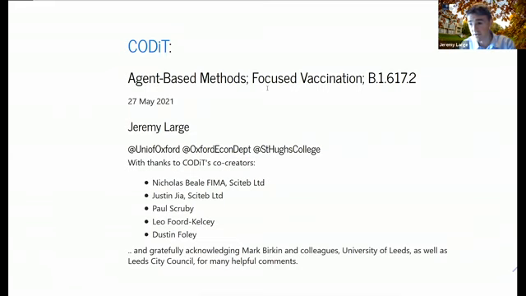CODiT then sits alongside, and perhaps slightly behind, models such as June, RAMP UA, ABM Lux, EpiSim, and InfectioNet, all of which we've heard about at this conference so far. But it interests me that the salient topics at the time when this was developed were perhaps a little different to the ones at the very outset of the COVID epidemic, and perhaps we have brought slightly different features to the fore in our model.